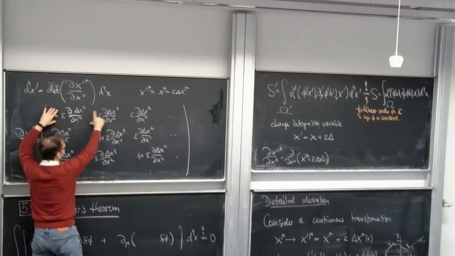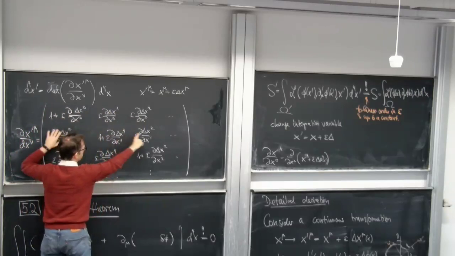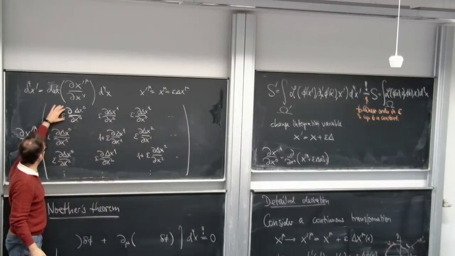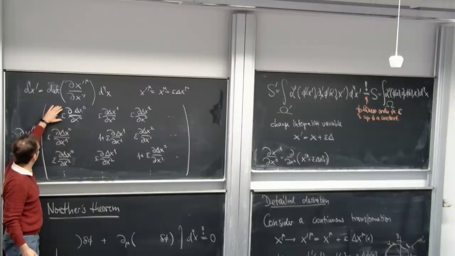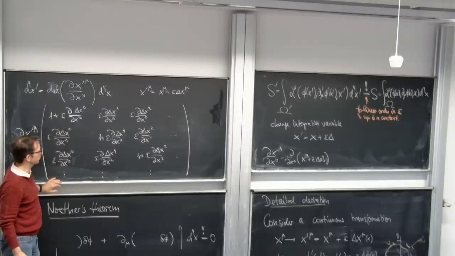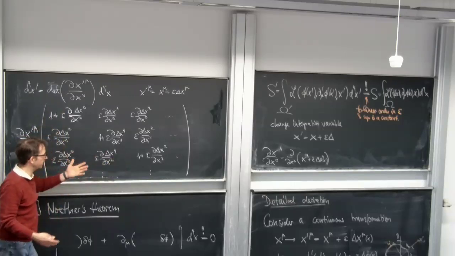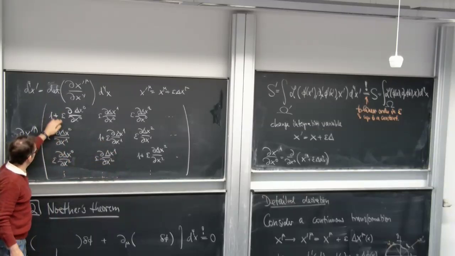I have to multiply one of the first row with one of the second row, with one of the third, and so on. So every row essentially has all these epsilons. Generically I get 1, 2, 3, 4 epsilons. I don't want that. I want linear order. So the 1 saves me that I get anything at all. So in 3 rows,